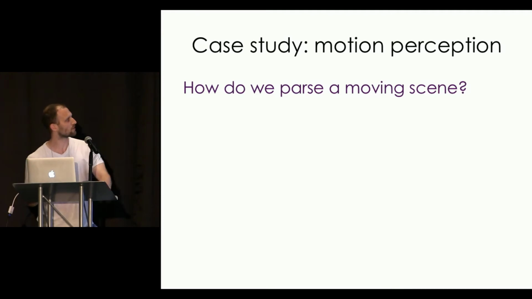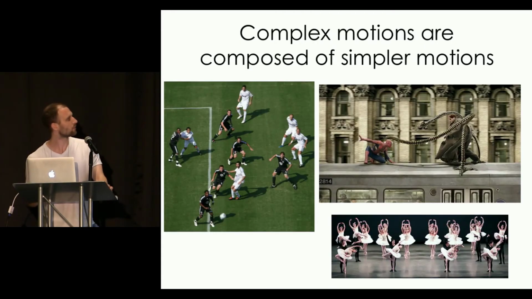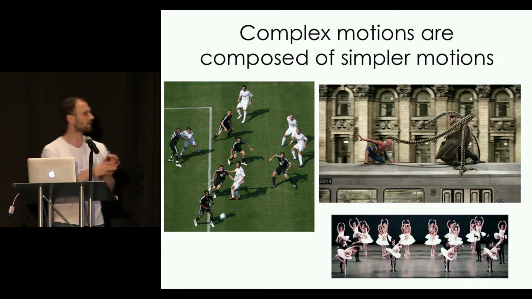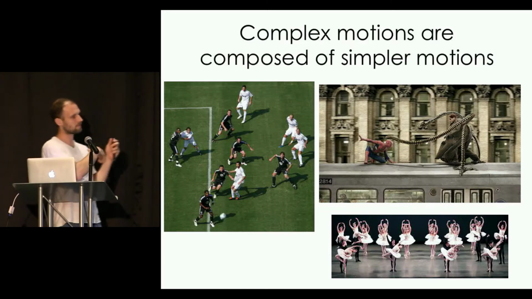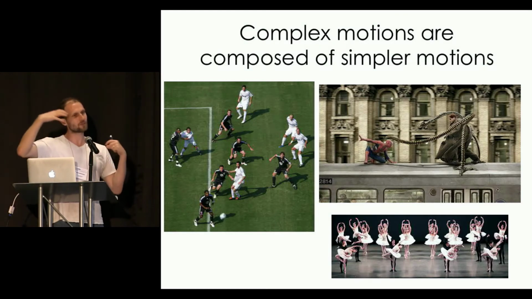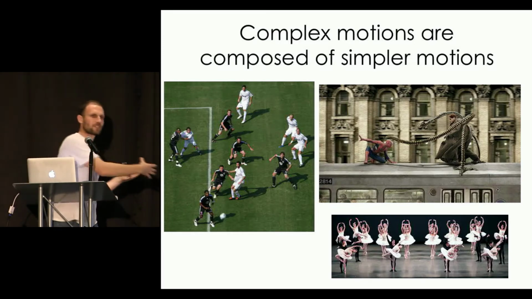So the starting question here is, how do we parse a moving scene? If you look at moving scenes, they're composed of very complex motions, but there's some internal structure there, right? So intuitively, for example, if you look at this soccer game, there's lots of motion energy in this scene, but at a coarse grain, one team is moving in one direction, the other team is moving in